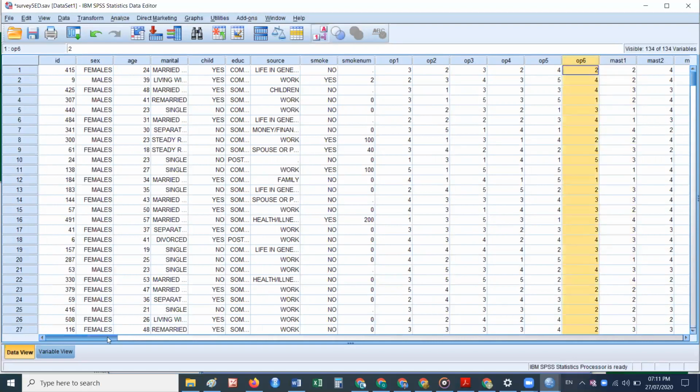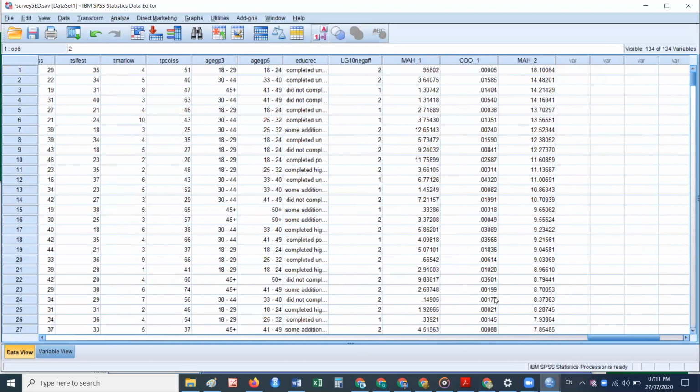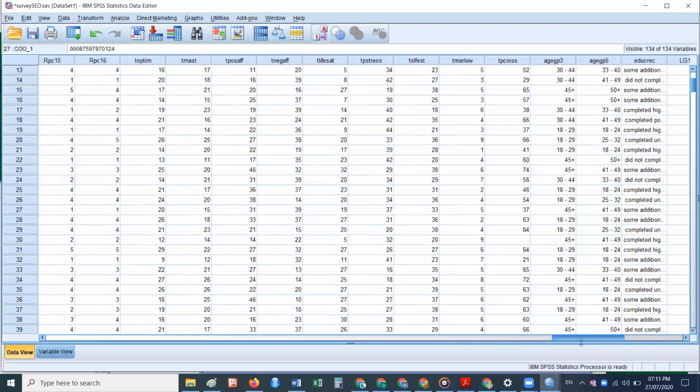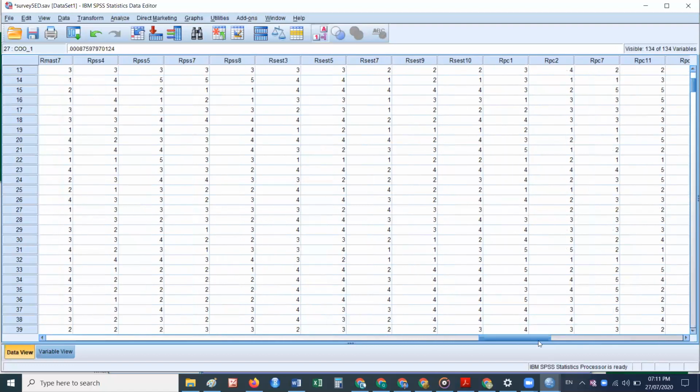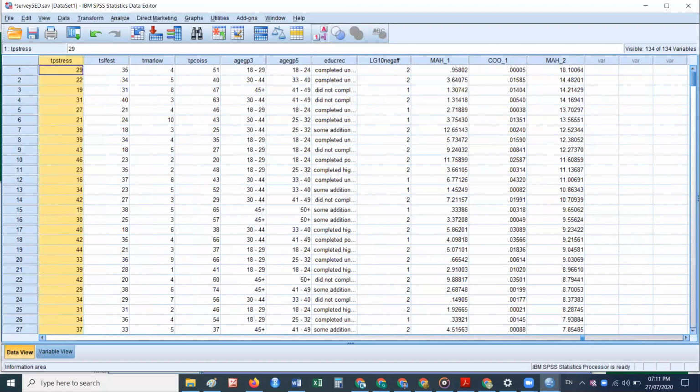I'm not interested in these variables. I'm interested in the variables which are these variables. Age group 3, PCOISS, total control of internal state, total life satisfaction. And similarly, we have other variables such as stress.